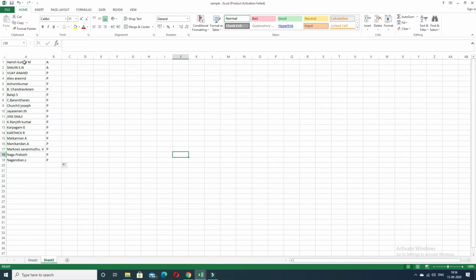So their name is received from any kind of software used for getting attendance, as they are not displaying the department. Now we are going to segregate based on their department.